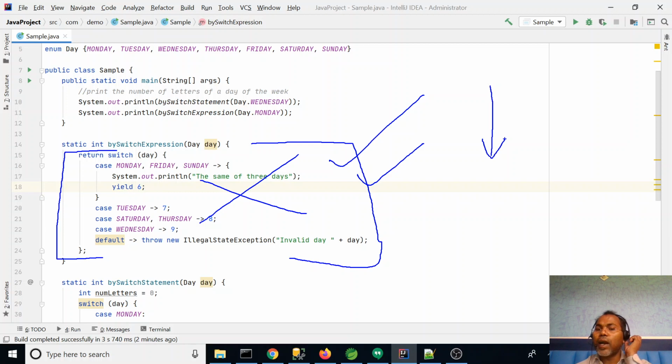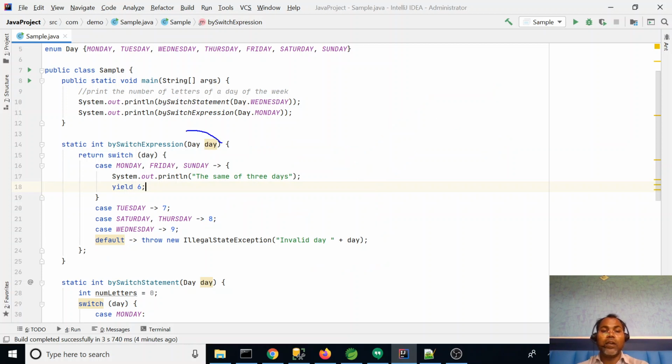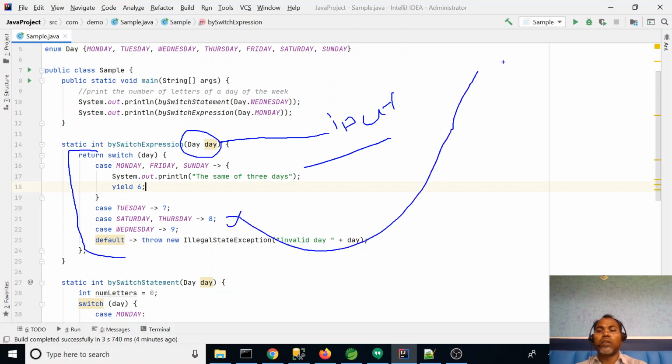So we have to train our mind that whenever we are writing a method, that method must follow the principle of immutability. Our method should be immutable. Our method does not modify even its input. You write a method, and you also make sure your method does not modify any global object state. You return a value on the basis of your input and your logic, what statements you have written. You have to return only those.